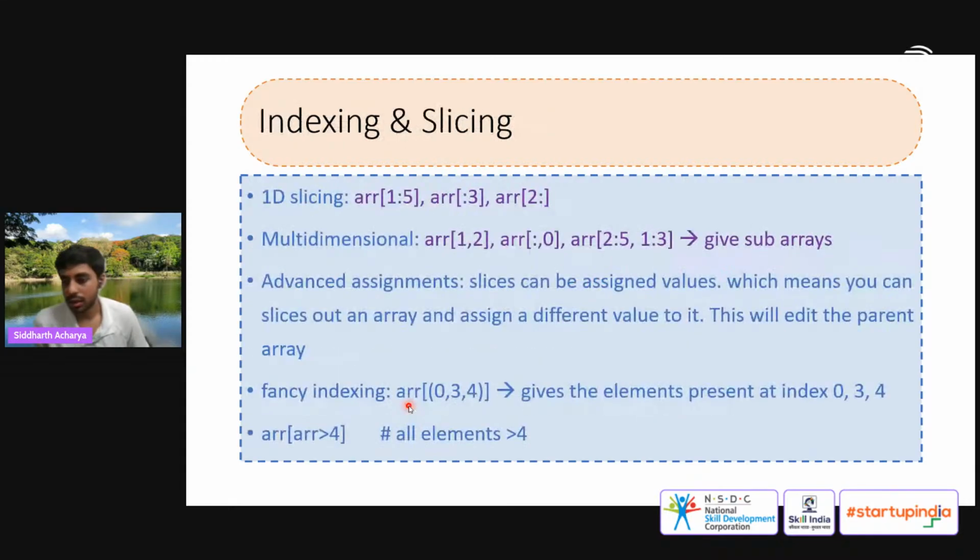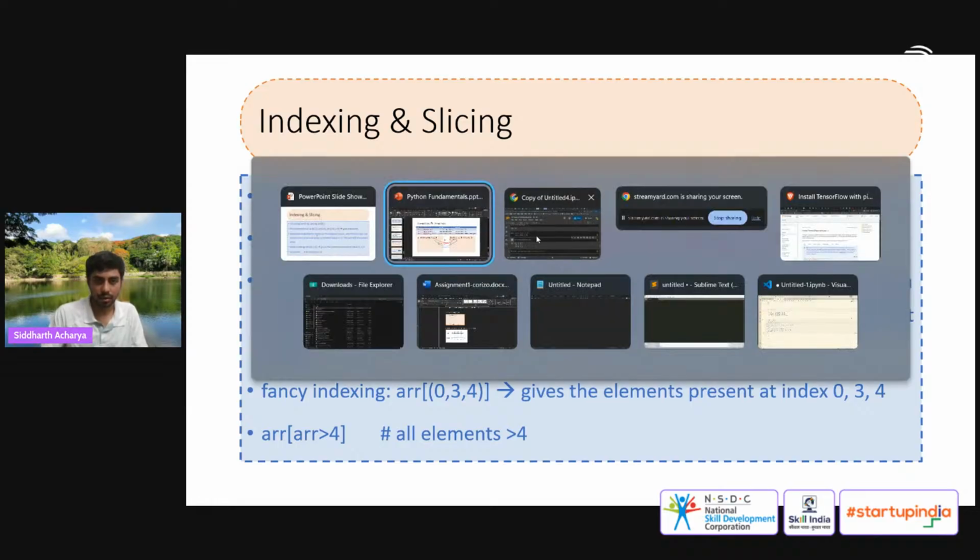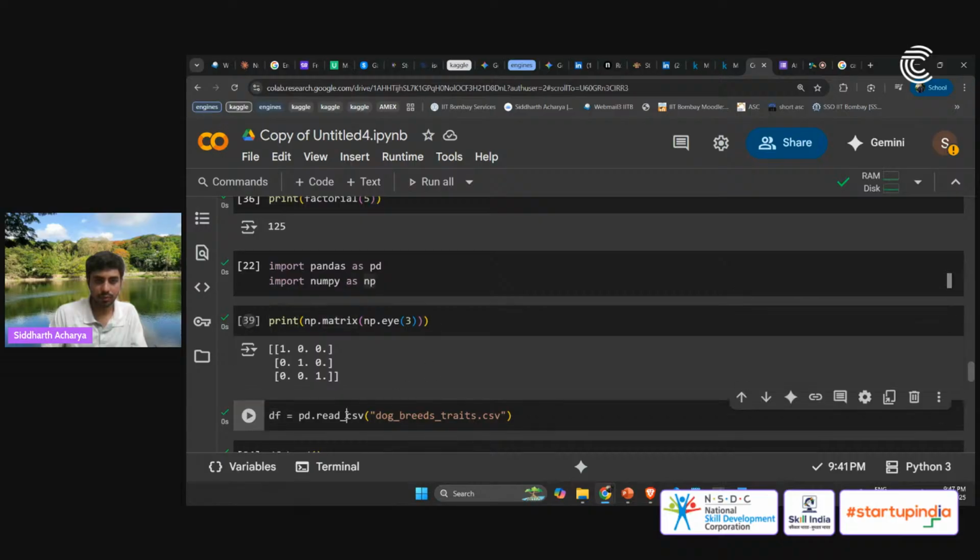Next, we go to some additional operations. You can do slicing just the way you did in lists, but this has some additional functionality of multi-dimensional slicing. Now, array[1, 2] gives you the element at index 1 of the outer list and, within that, the element at index 2 of the inner list. I'll show an example of it. Let me define my array as